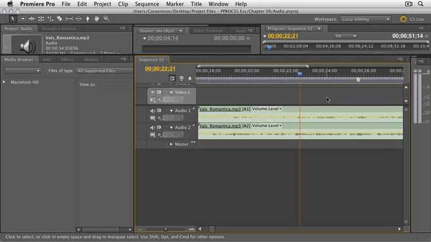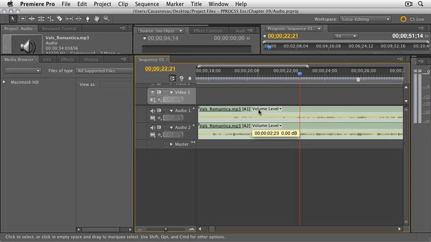Let's talk about changing these audio levels with keyframes. One of the easiest ways to do this is by keyframing directly in the timeline. And you can do that with the regular selection tool, and if you press and hold the Command or Control key, you see that the selection tool now turns into an arrowhead with a plus sign. This is your indication that if you click on this line here, which is showing the volume of the audio,